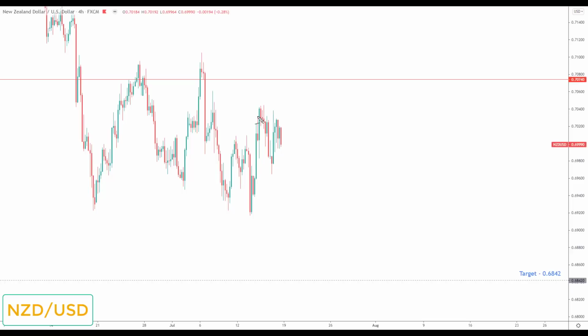I just see this after refreshing the process this week, and the data just shows me that this is more likely to be something we can fade to the downside than the start of a bigger move to the upside, especially with the DXY still grinding higher. So we've already pulled back. Any continued pullback is simply going to be viewed as an opportunity to look for bearish reversals. We didn't really go anywhere last week. So any bearish reversals in this market will be viewed as an opportunity to look for short positions down towards the next key area of support to the downside and the target set, the 0.6842.